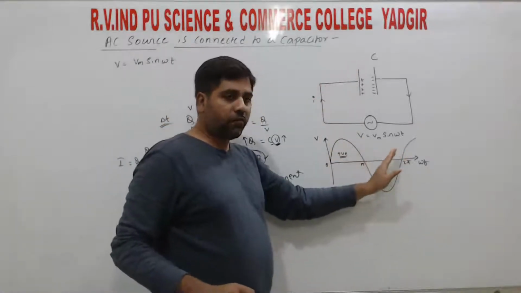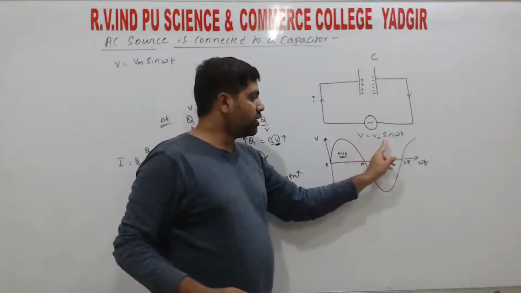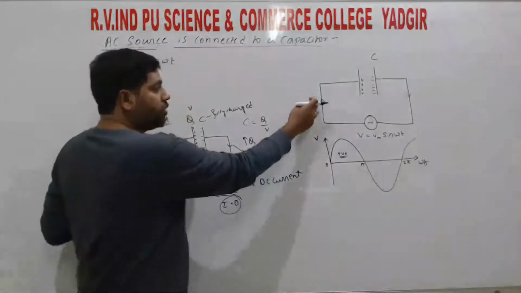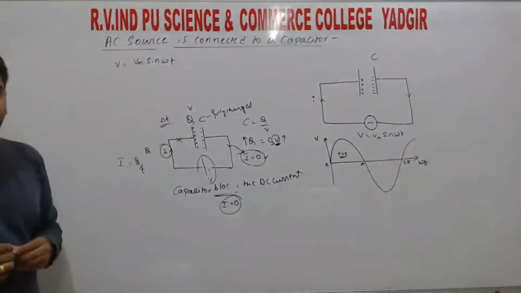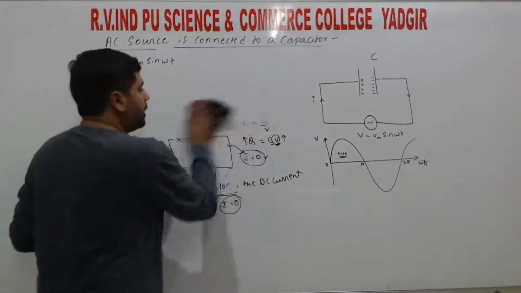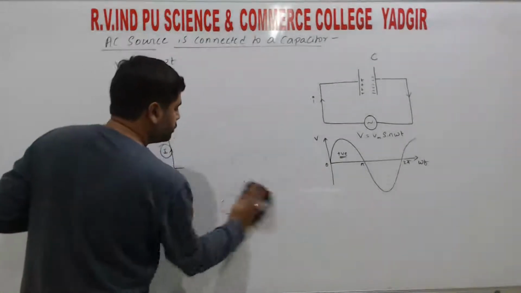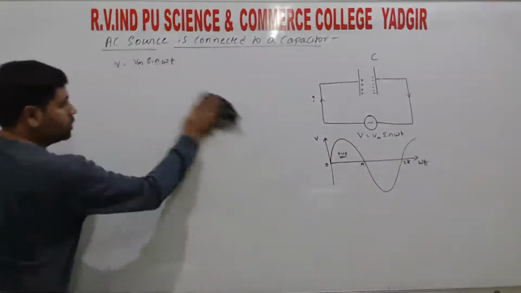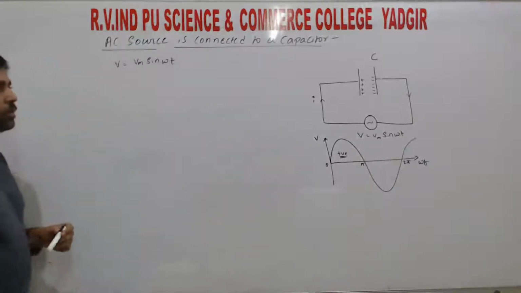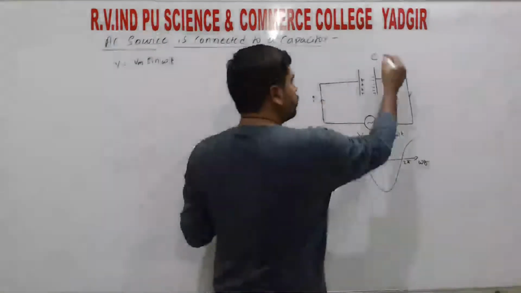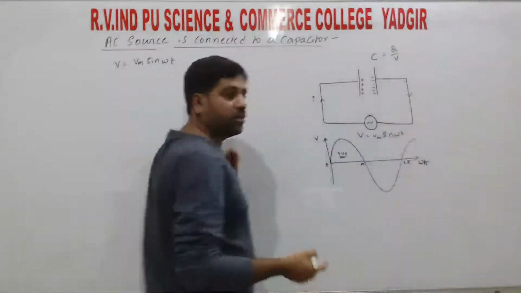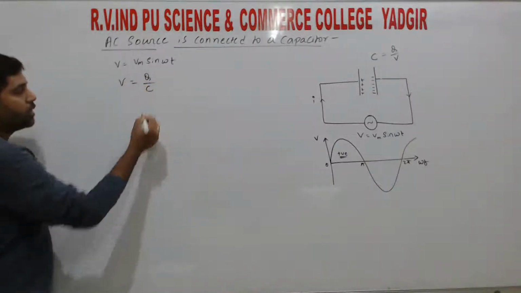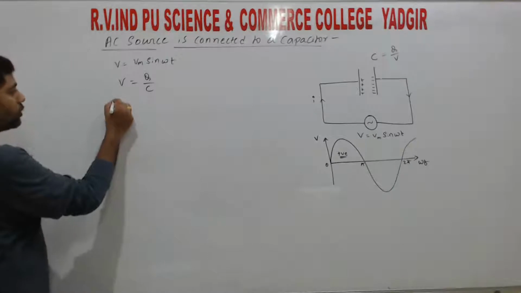This is the applied voltage. It is a sinusoidal wave, that is, the applied voltage is a sine wave: V is equal to Vm sin omega t. Here we are going to discuss the current. As we know, C is equal to Q divided by V, so the voltage across the capacitor is V equal to Q divided by C. Now from Kirchhoff's law,